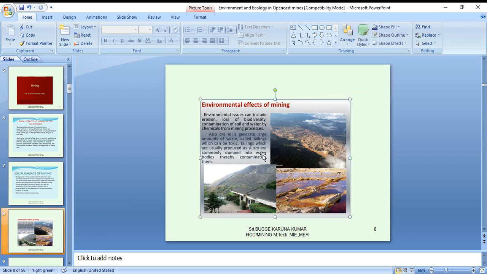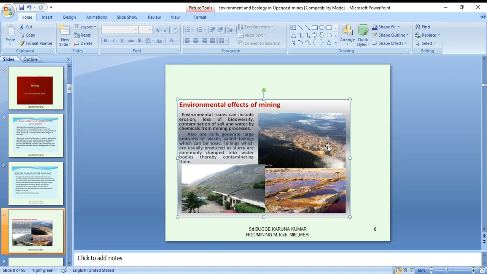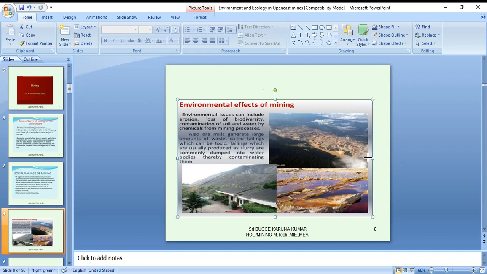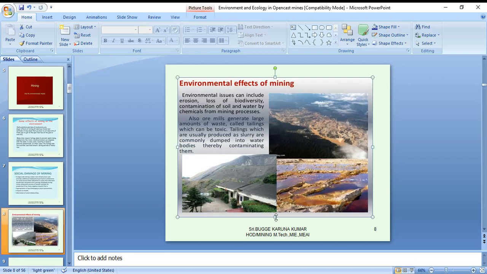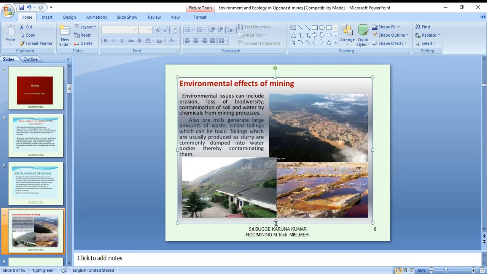So this is one visualized image of the environmental effects of mining. Simple analysis: environmental issues can include erosion, loss of biodiversity, and contamination of soil and water by chemicals from the mining process.